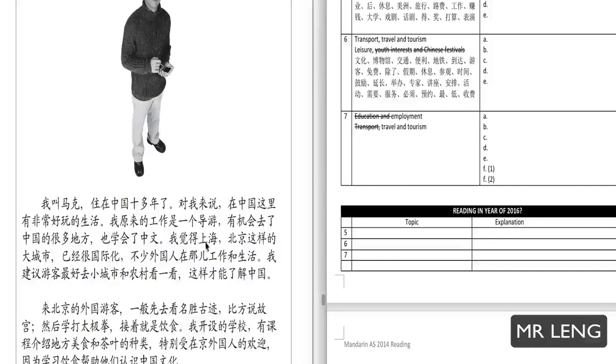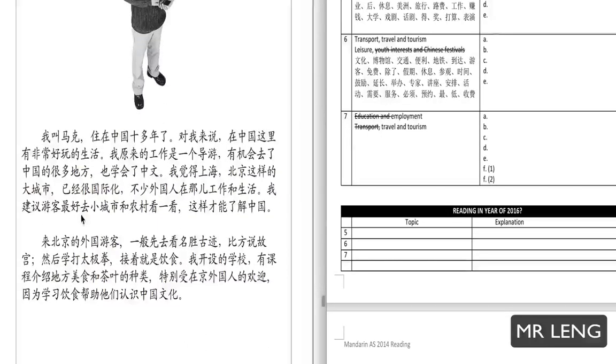我觉得 I think 上海、北京这样的大城市已经很国际化 Metropolitan cities are very internationalized. 不少外国人在那儿工作和生活。少 few 不少 not few, it's many, a lot. A lot of foreigners are living and working there. 我建议游客最好 好 is good, 最好 the best, okay, the most, so it's better 去小城市 small cities